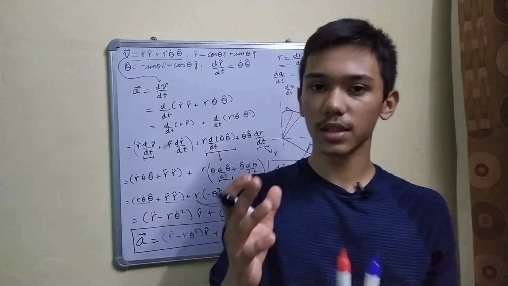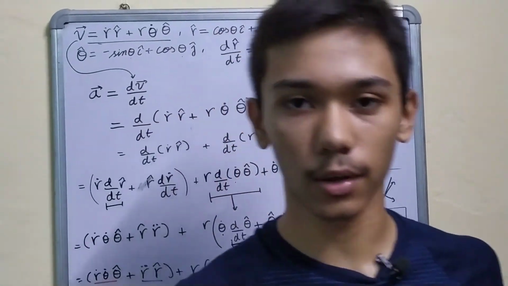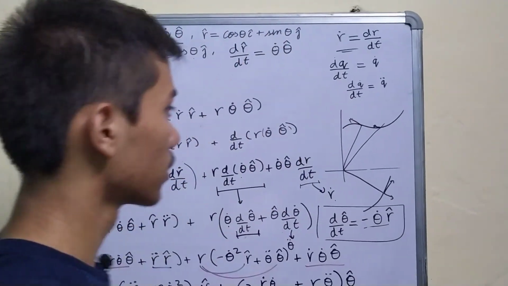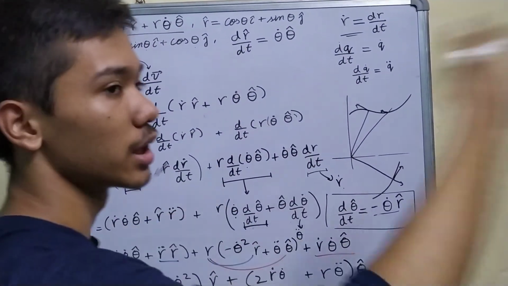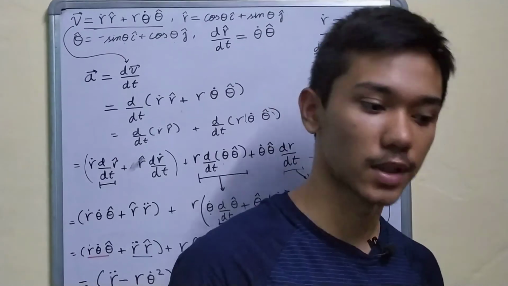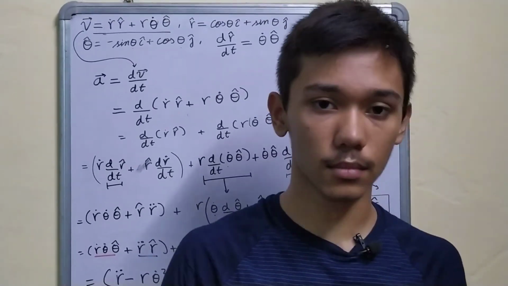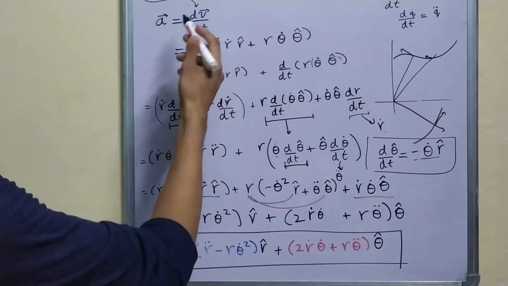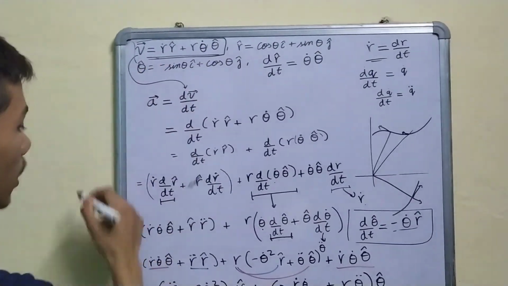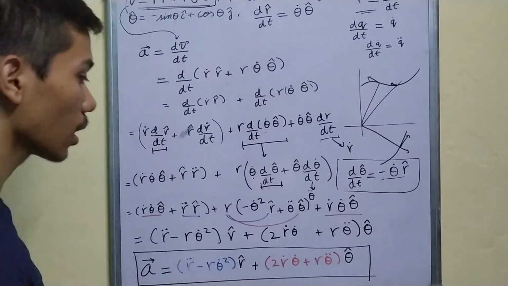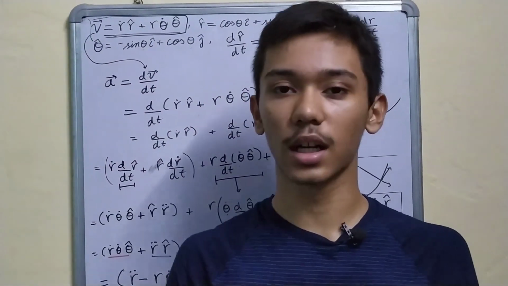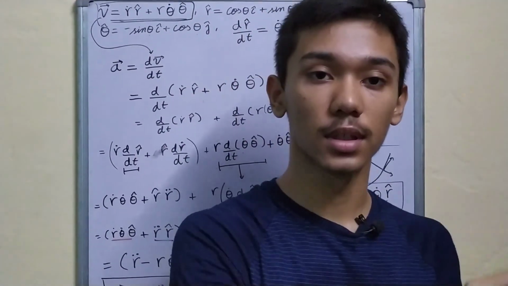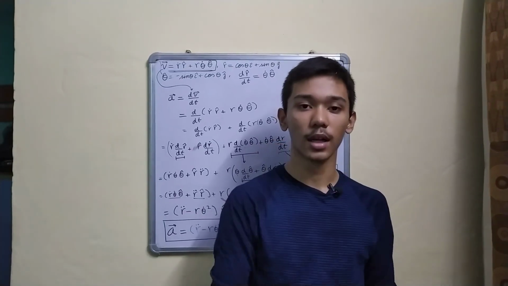So these two videos might seem a bit abstract to you because we haven't really done a lot of examples, and I'm just dealing with the motion in general. Okay, velocities can change with time, accelerations might change with time. In the next video, I'll be applying the concepts that we have learned, the velocity and the acceleration, to a very important class of motion in physics, that is circular motion, when a particle moves in a circle.